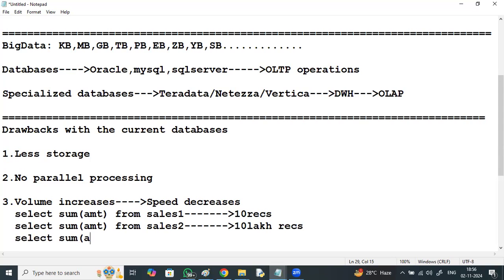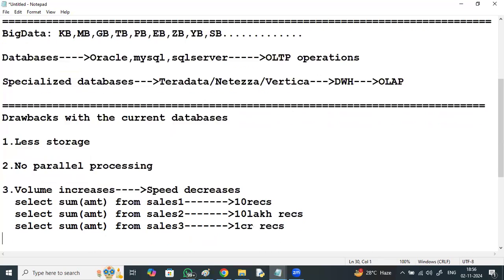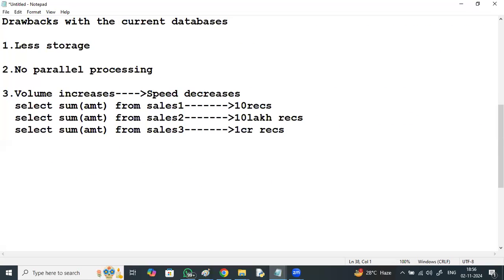Select total amount from sales3, which has 1 crore records, or 10 crore records.